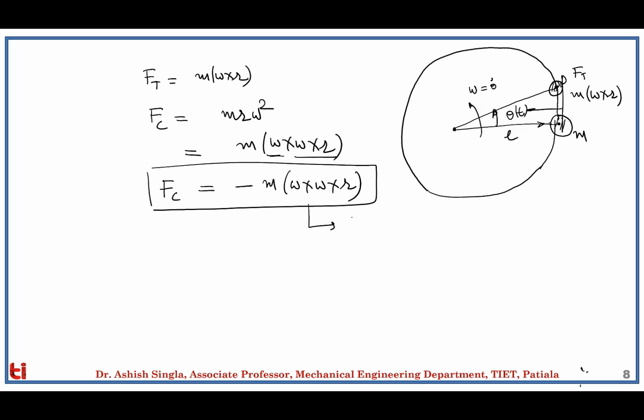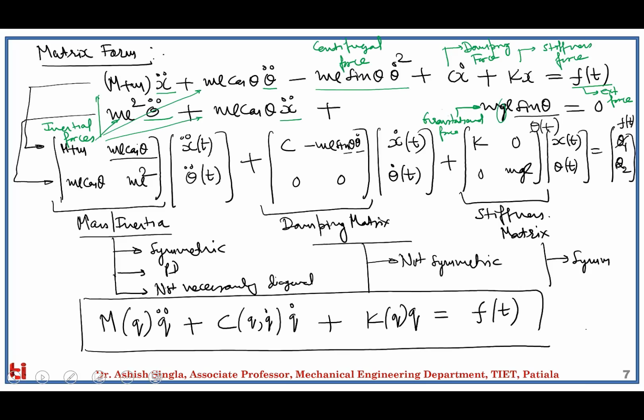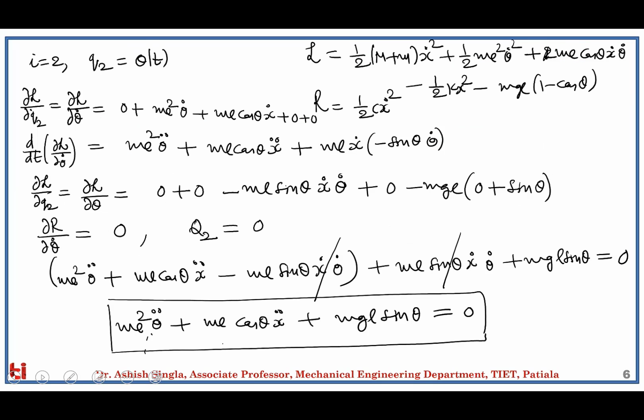So this is called the centrifugal force, which is exactly what we have over here as minus m l theta dot square. One of the forces is still missing. What is that force? If we recall carefully, one of the forces has been cancelled out. That typically happens in this particular problem, but in general that force is there. So let's see what force has been cancelled. This is the force that has been cancelled, which contains the superposition of two velocities.